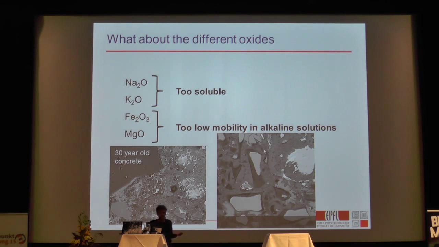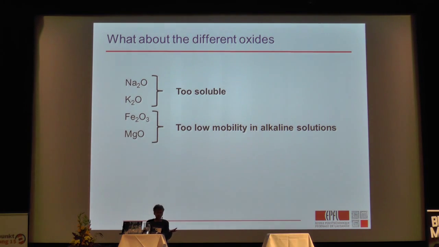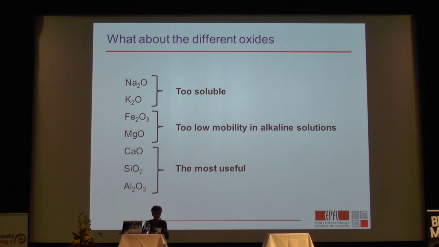And similarly for magnesium oxide, this is a picture of a slag blend. So these are slag grains. And you see around the slag grains, there's been a reaction, and there's this dark rim. And the reason there's this dark rim is because that's where all the magnesium is. So again, the magnesium that was in the slag has stayed in exactly the same place. And it's all the other elements that have moved out and have filled in this space between the grains and give the material its strength. So basically, we come down to these 3 oxides, which are just right. Okay, so we only really have to focus on this system,